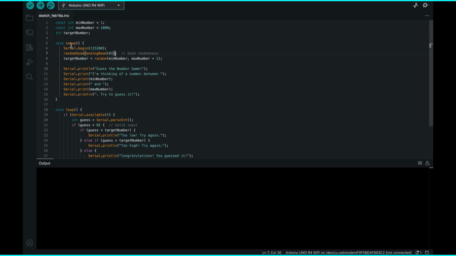and after that, there's the random seed, which gets the seed randomness. Then the target number is going to be a random number between that and that. Of course, you can do the serial print technique and hack it, but you probably can't do that